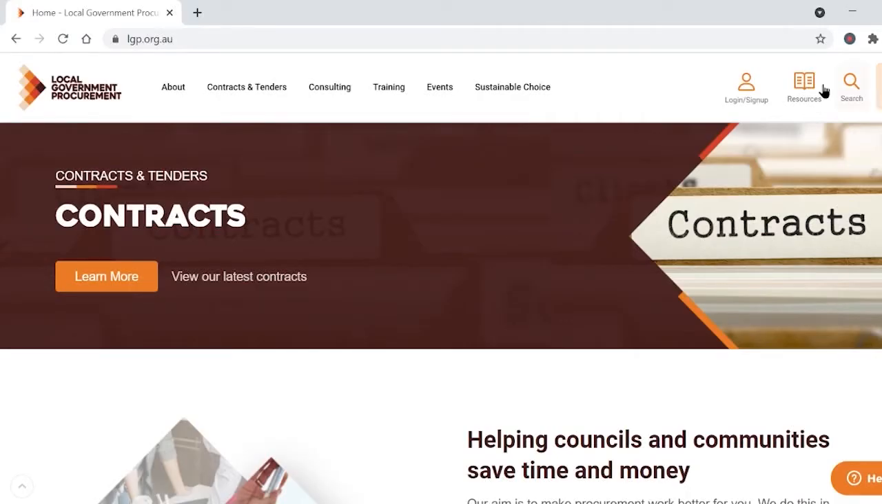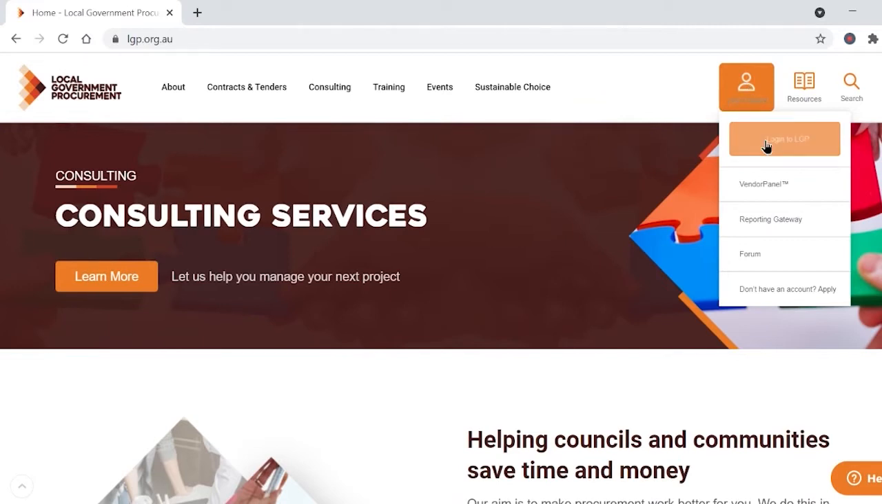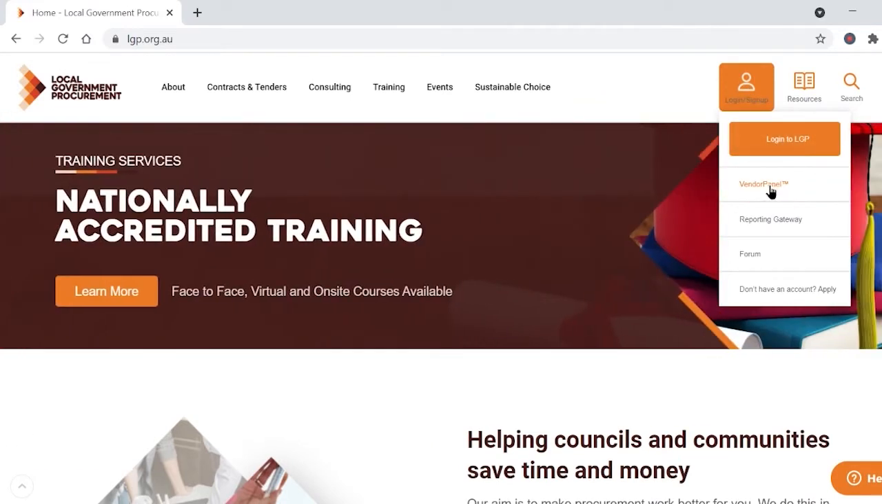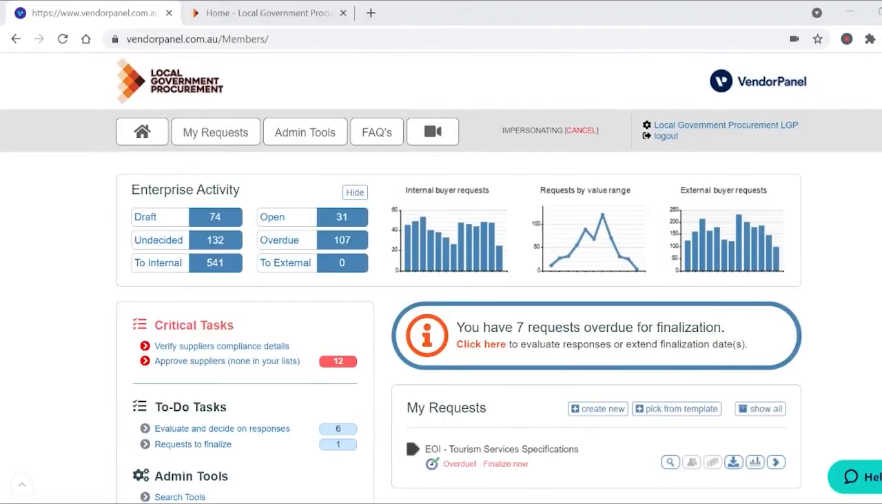To log into VendorPanel from the LGP homepage, you can hover over the Login and Sign Up button, and then select the second option for VendorPanel. This will direct you to VendorPanel's landing page, where to log in, you can enter your details here on the left. Firstly, we will create a new request